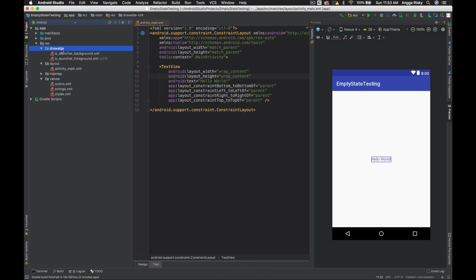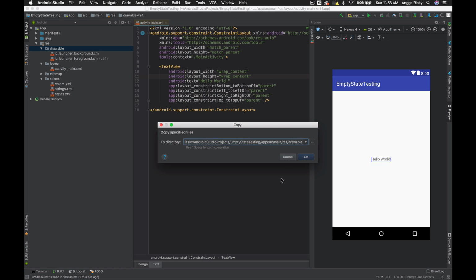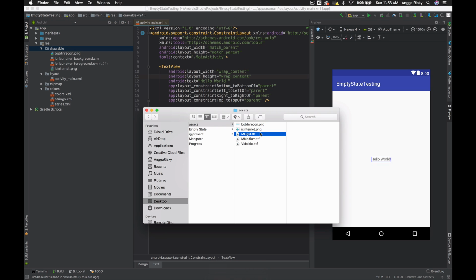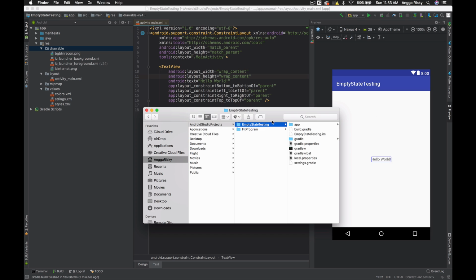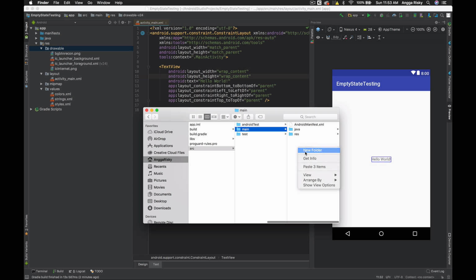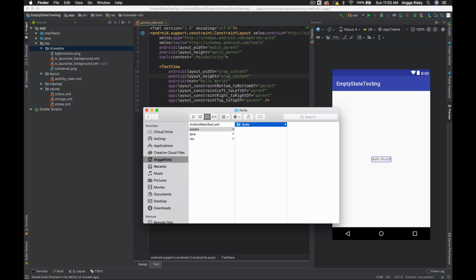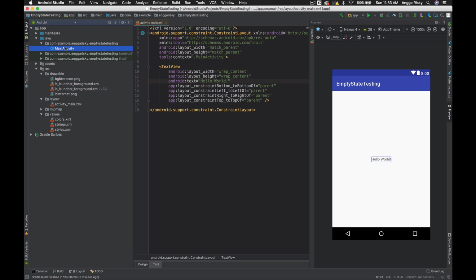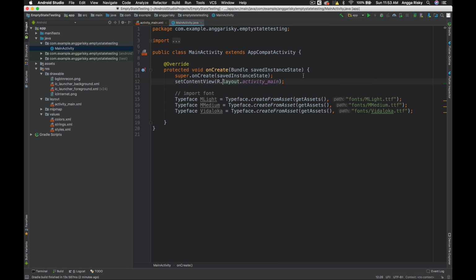and we have to copy these assets to the Android Studio, to the drawable over here. And then we have to copy this font type to the Android Studio project, which is empty stats, and then app and src main, and over here we have to provide assets that we call fonts. Okay, and in the Java you have to register like this. This is to import font. Okay, cool.